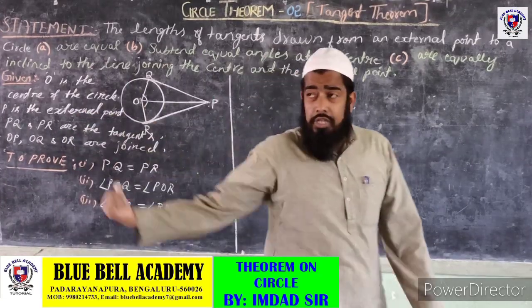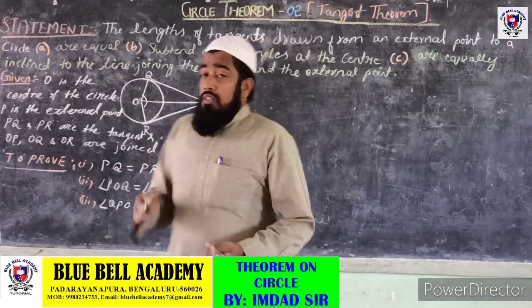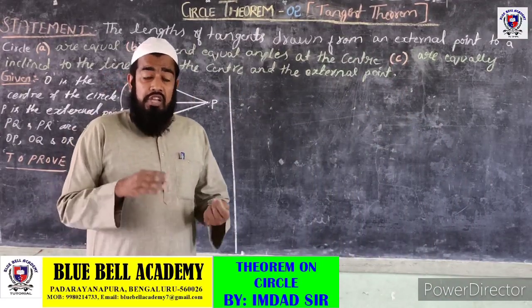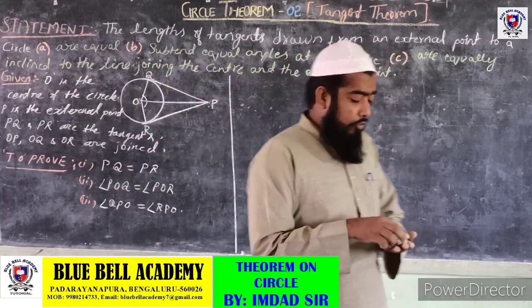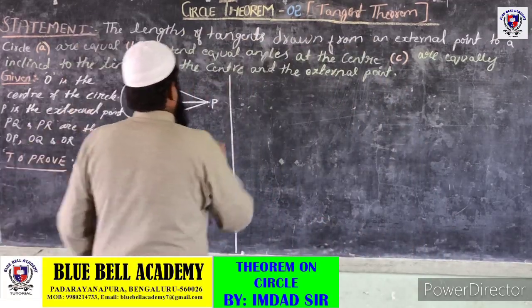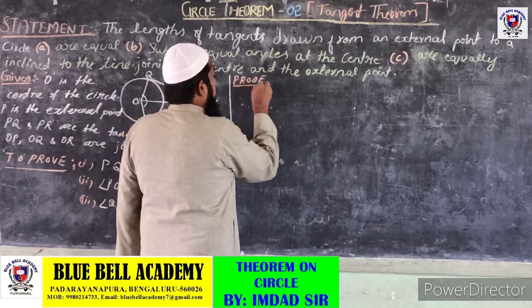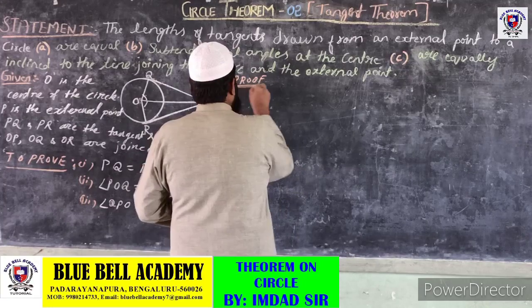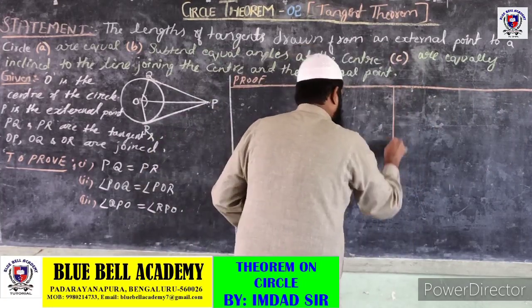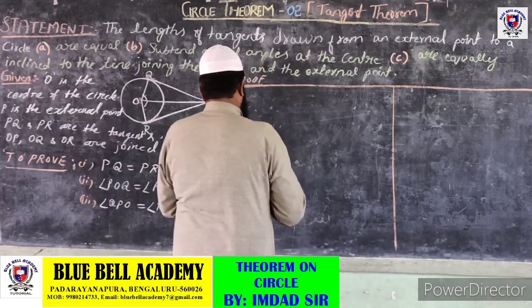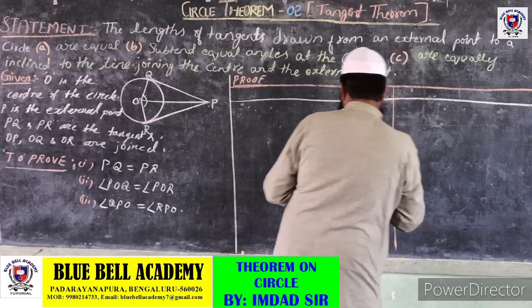Got it? So these things we are going to prove. But like the previous theorems which I have done, I have told you to make two columns for the proving part, statement and reason. So we have to go for our proving part, or proof, and here we have to split this part into two columns, and say Statement and Reason.